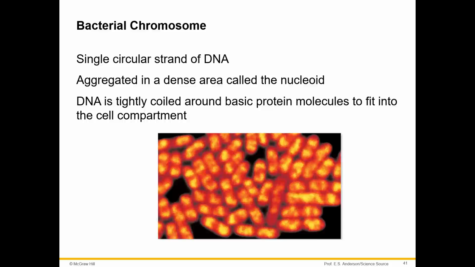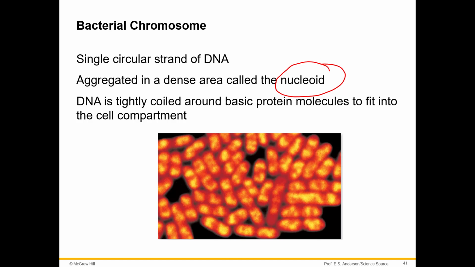In this section, I'm going to talk about the internal prokaryotic cell structures. First we're going to start with the genetic material of a prokaryotic cell. The bacterial chromosome is a single circular strand of DNA. This isn't the case for all bacteria, but a majority of bacteria have one single circular strand of DNA. It's aggregated in a dense area called the nucleoid. So it's not a nucleus, it's not enclosed by a membrane, but it's just in a region that's dense and